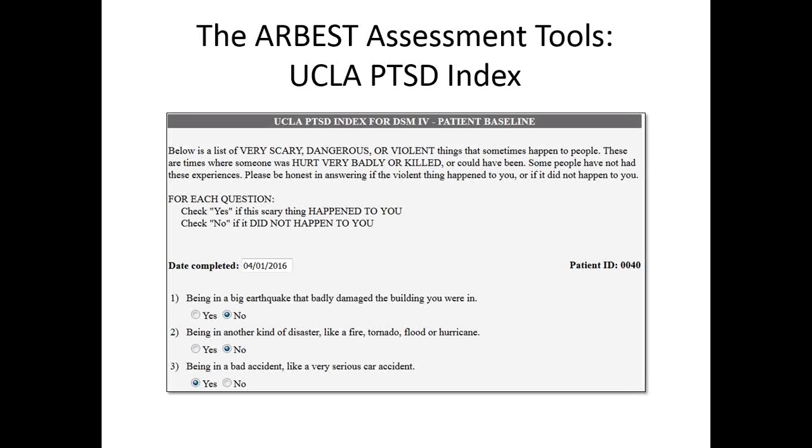If they endorse no traumas, we're not going to be able to get any information from that. A child has to have experienced some traumatic experience. It may be in their referral chart that they did, but if they answer no to all of that, we're not going to be able to give you an overall score. Because say, for instance, being in an accident was this super scary thing that happened to this kid, all the following questions are going to be related back to that. So when you were in that accident,